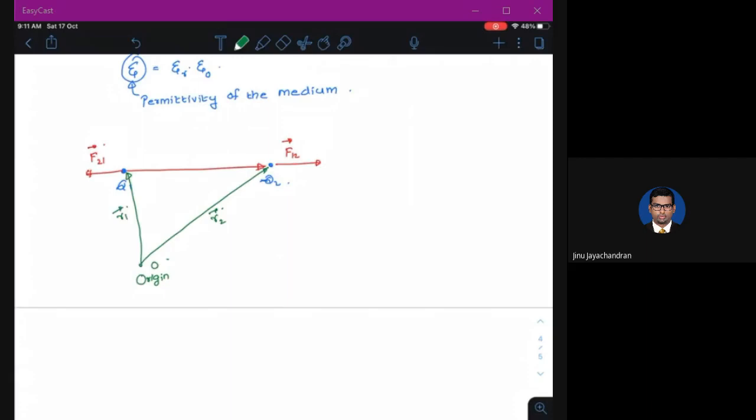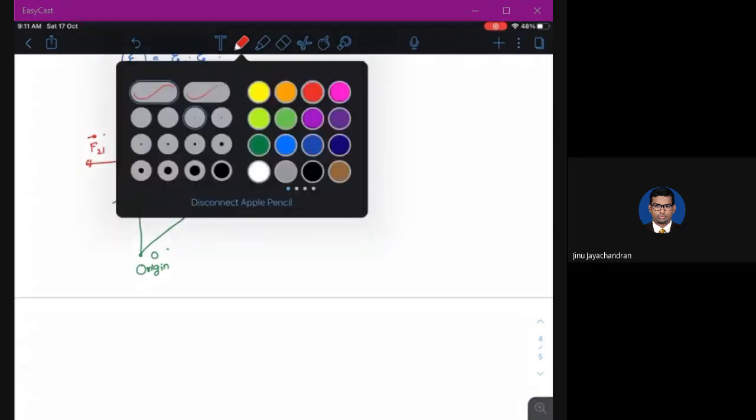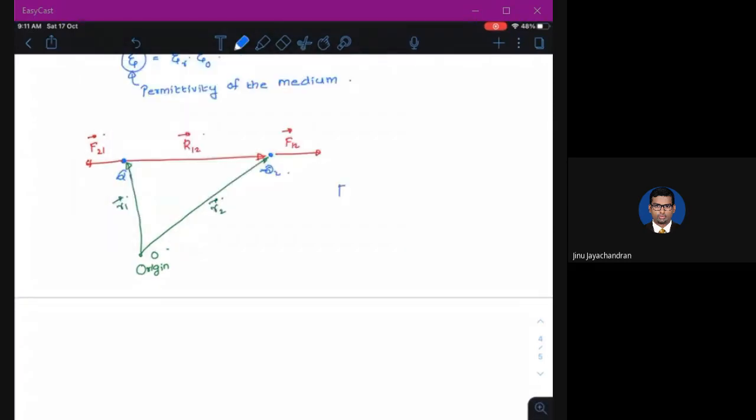And the distance between these two, let it be R12. Okay, so I can write the force from 1 to 2 as Q1 Q2 by 4 pi epsilon 0 R square along the unit vector R12,